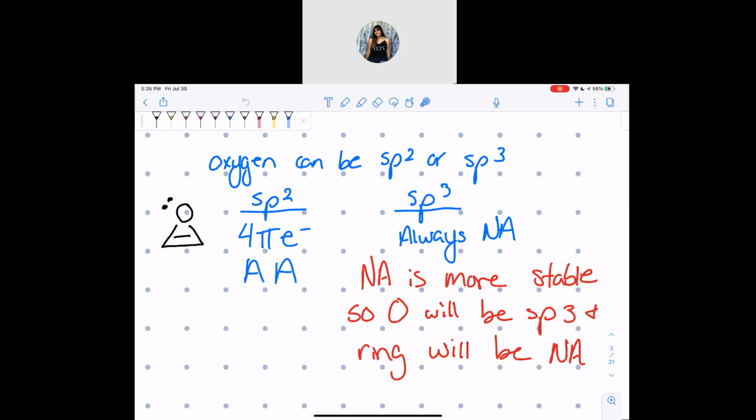So, aromatic is the most stable. It's super, super, super stable. Non-aromatic is bleh. It's in the middle. Anti-aromatic is really, really, really bad. So we always want to choose the most stable. In this case, we choose sp3, and we are non-aromatic because it is more stable. However,